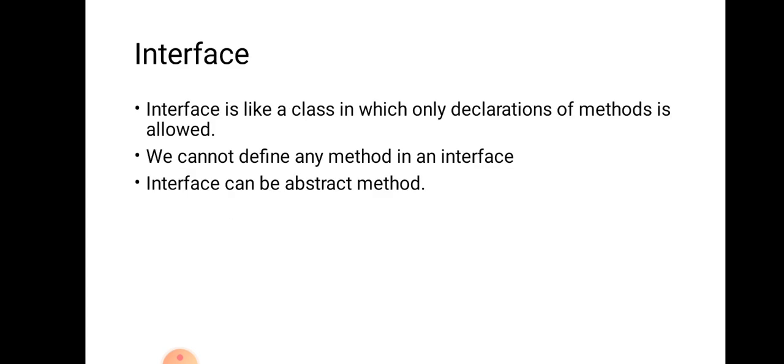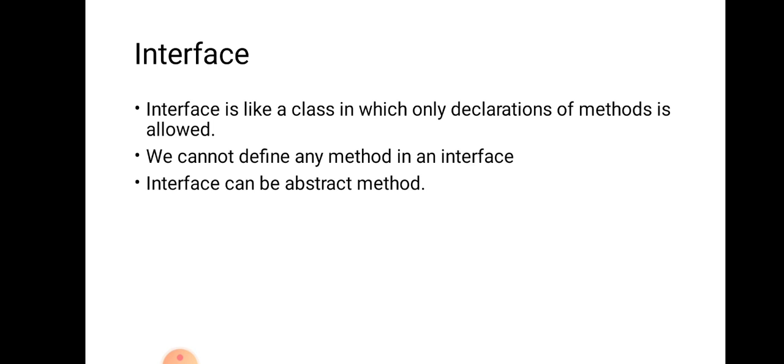Next we will see interface. Now an interface in Java is a blueprint of a class. An interface is like a class in which only the declaration of methods is allowed, like we have seen in an abstract class. But there is a difference between an abstract class and an interface. An interface is a mechanism to achieve abstraction, and there can be only abstract methods in a Java interface, not a method body. It is used to achieve abstraction and multiple inheritance in Java. You cannot achieve multiple inheritance without an interface. So when you are using an interface, we can achieve multiple inheritance. An interface can contain abstract methods, but an abstract method cannot be an interface.